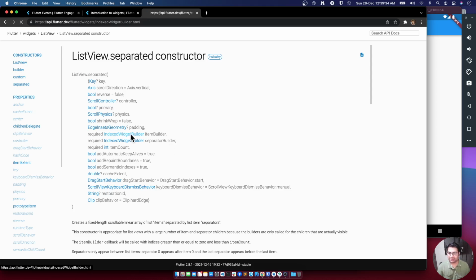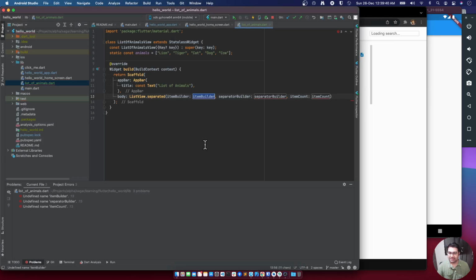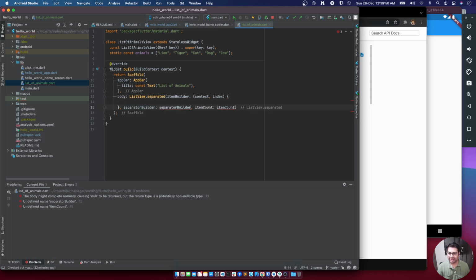These are the three parameters which are necessary to build a list view with the separated constructor. As we saw in the documentation, it has two parameters, context and index. So we would use this inline function with context and index, and I'm going to define it like this, and just like that for the separator builder as well.